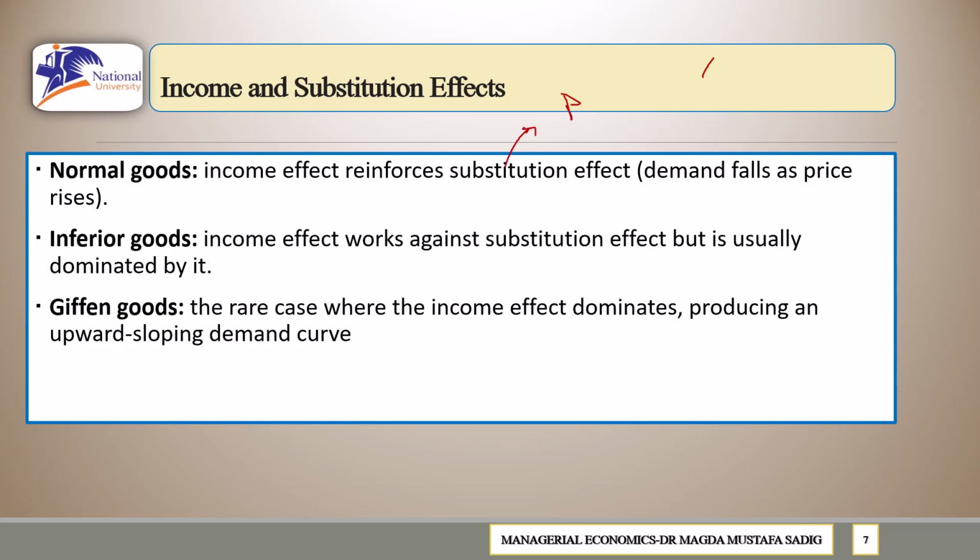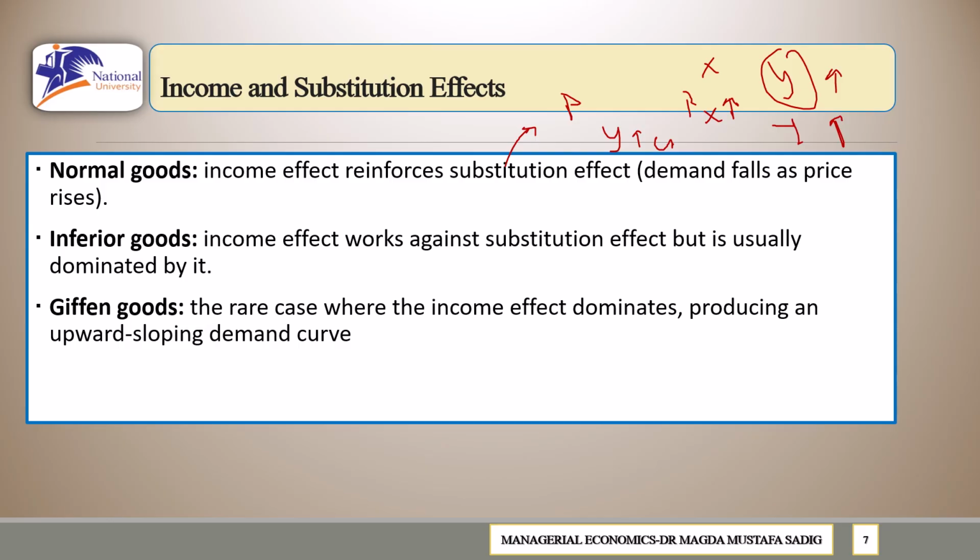Let us say we have X and Y as substitutes. If price X increases, people will shift to buy more from Y. So if your income increases, people also increase their purchasing of